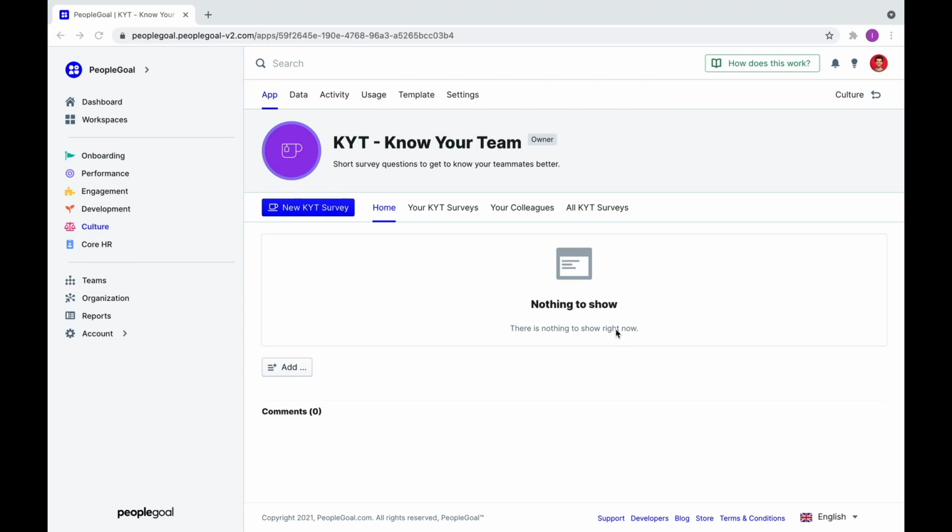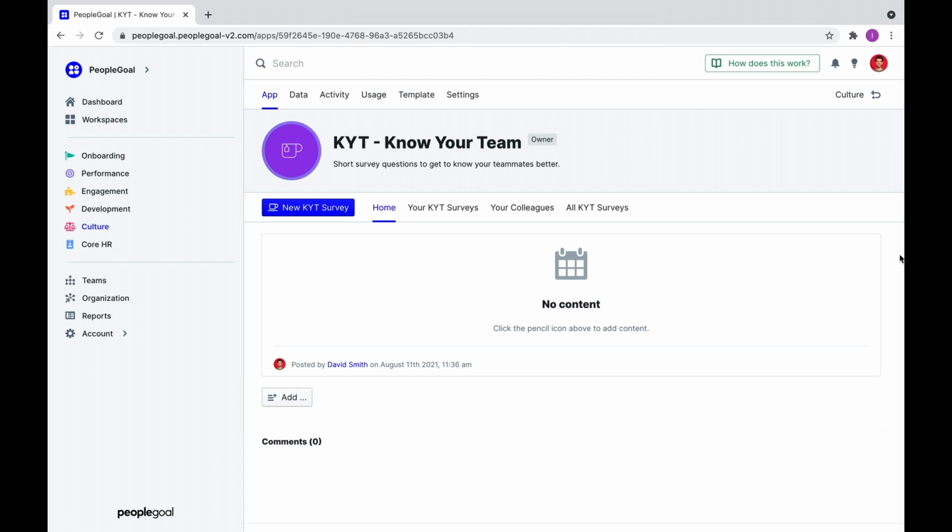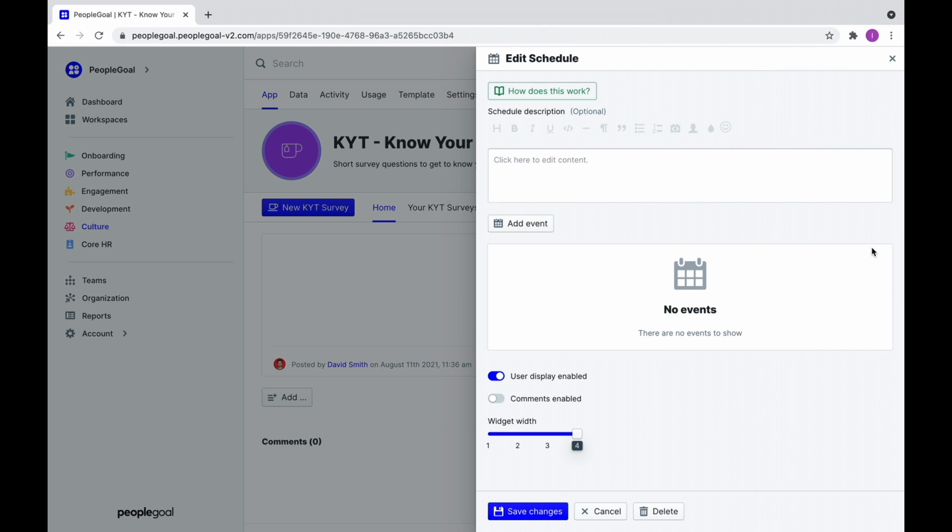A great feature of PeopleGoal is its schedules. This allows you to send out your survey in an automated process at a future date or even on a reoccurring schedule. To set this, go to the bottom left-hand side of your screen and click Add, then Schedule. Here a pencil icon will appear. Click it and then you can fill out your description will be displayed on the dashboard, and then click Add